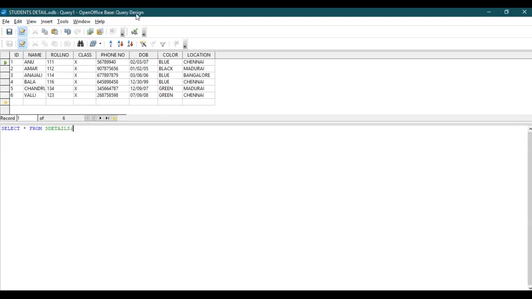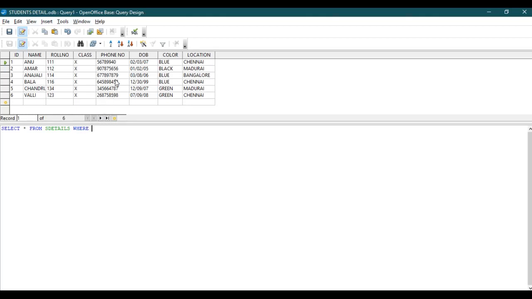You can see this query design view. So this is how to retrieve data from the database using the select DML statement. The statement is select star from table name. This table name is yes details. The next one, I'm going to group the data using the WHERE clause and select statement. So how to group data? Very easy. The same one, select star from yes details WHERE clause.